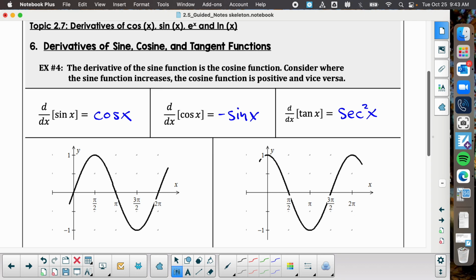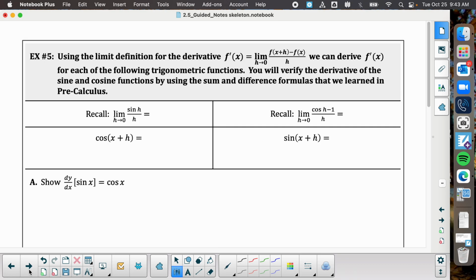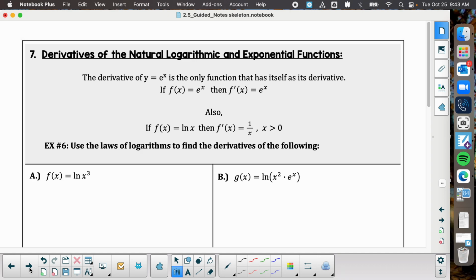I think down below is just calculator, right? Yeah. Nope, skipping that. And I don't want to go through this. That's just basically proof of the trig stuff. That's the long way to find the derivatives of sine and